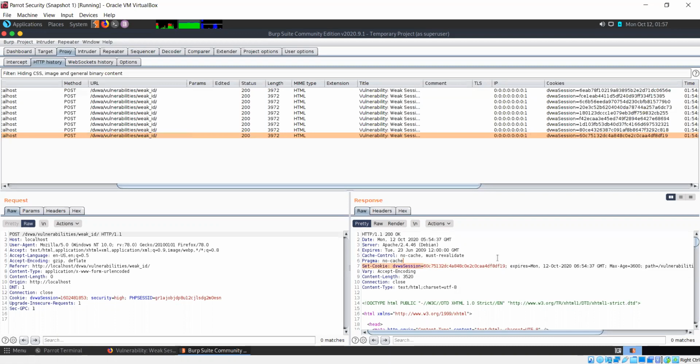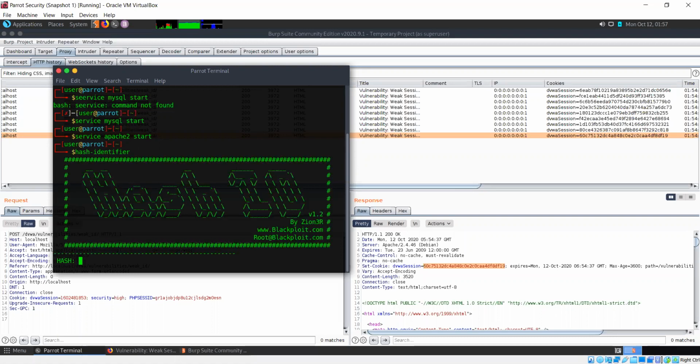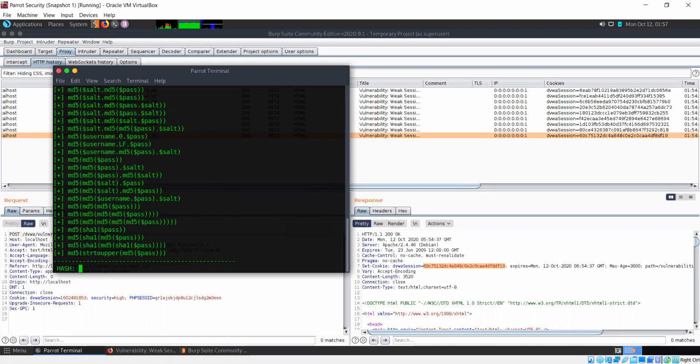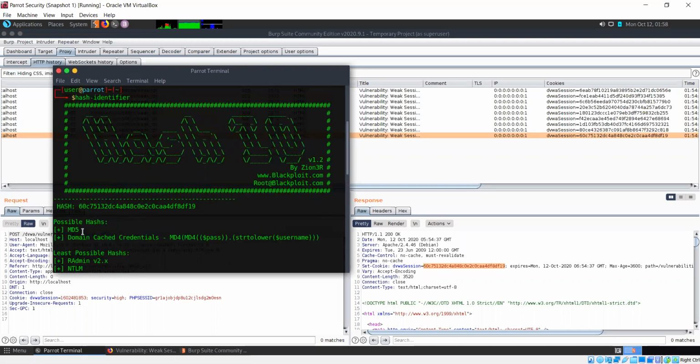Now this looks like it might be a hash because all of these are the same length, if you compare them carefully. So this is a tool known as hash identifier. If I input something, it's going to tell me what kind of hash it is. So possible hash is saying that it's possibly an MD5 hash. Okay.